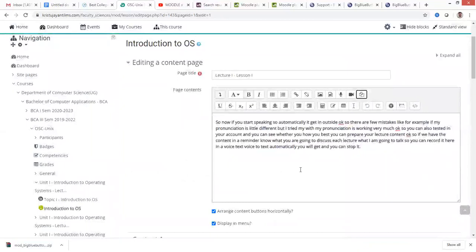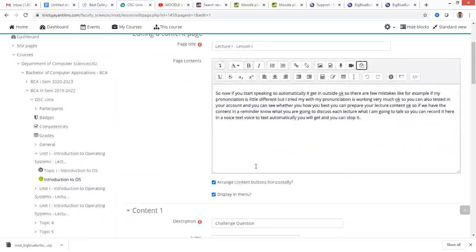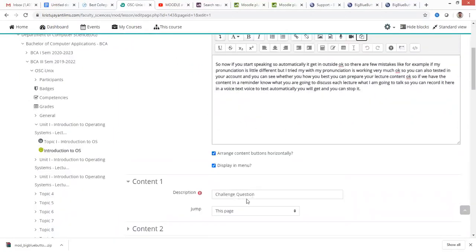So we can use it for our flipped classes. Before going to the class, we can upload any contents and ask the students to go through them and come for the class. So they have to read. After going to the particular page, the challenge question will be the very interesting stuff, where we can monitor and assess them. Based on the content they have read, if they have answered, then we will get it on our grade book outside.